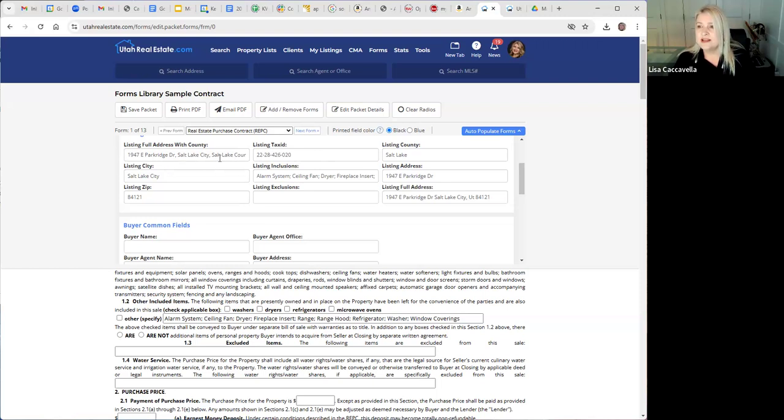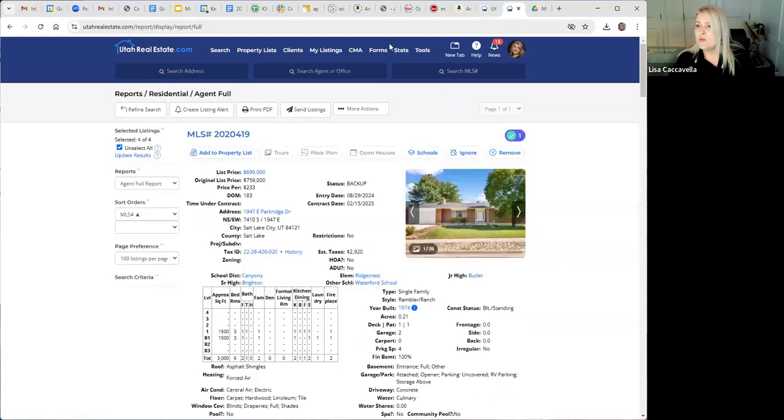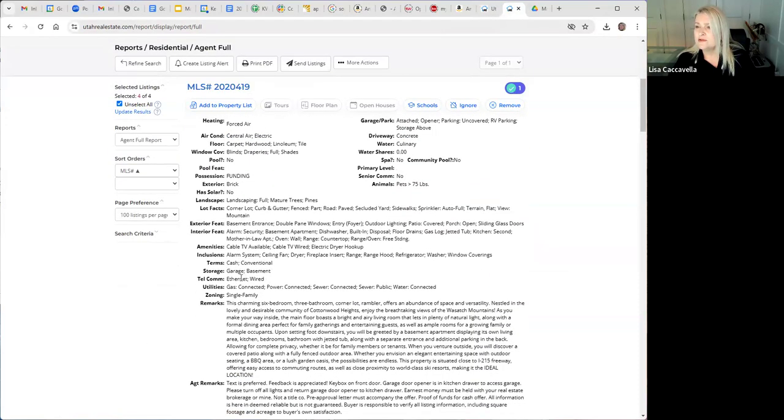So we've got the full listing address with the county. It auto-populates the tax ID. If it doesn't, you need to add it in. Listing inclusions. If there's anything separate in here, say right here on exclusions, they've added in something that is